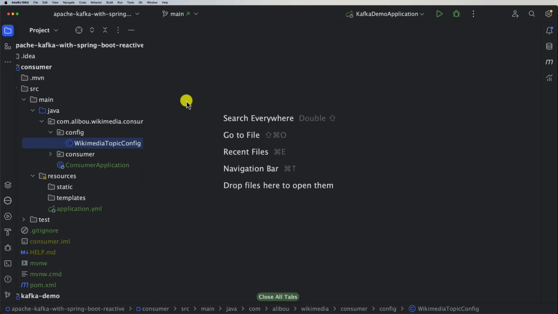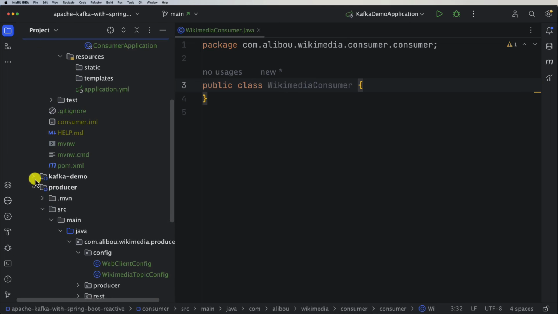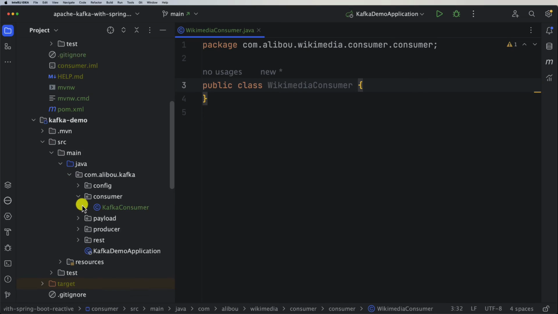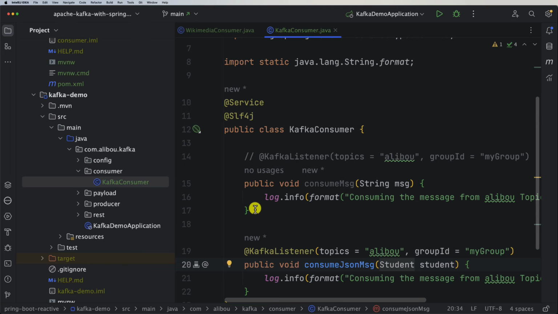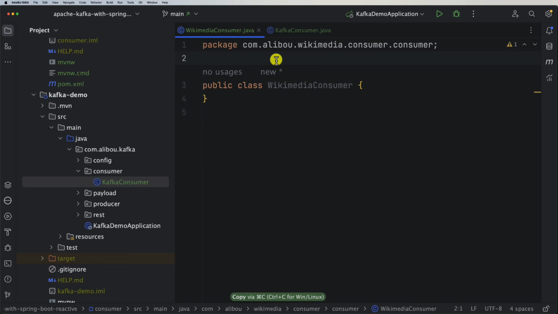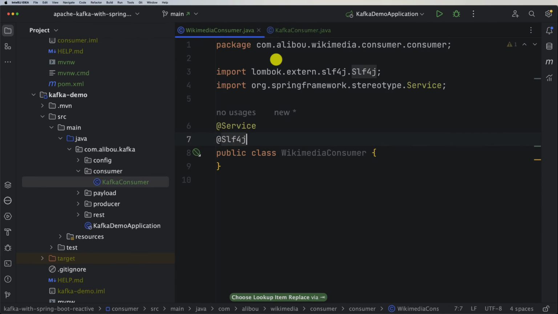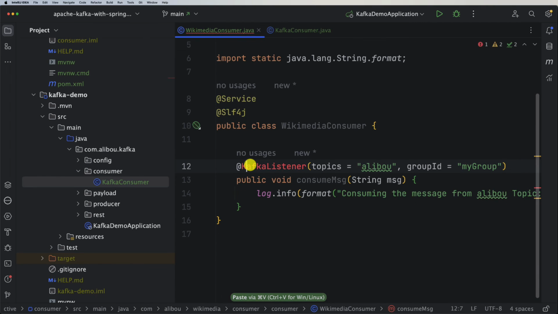Now I will close all this, and the consumer part is the easiest one. All we need to do is to create our consumer. In order to do that, we can go back to our Kafka demo and copy the code from there, just not to waste time on something that we already saw together before. So now all I need to do is to copy this code right here. And let's go back to our consumer. Here, let's make this one a service. And then I'm also going to use SLF4J, and I will paste this one and re-enable this annotation.